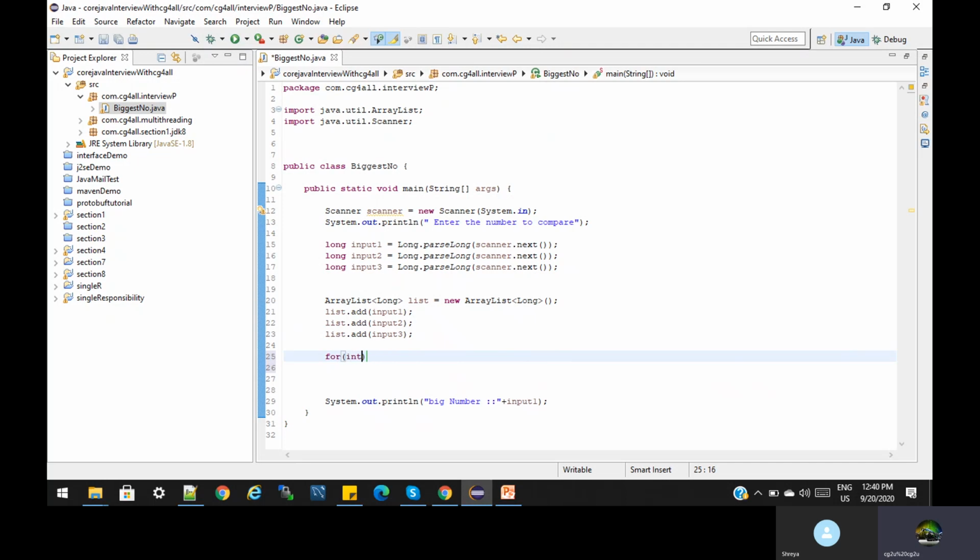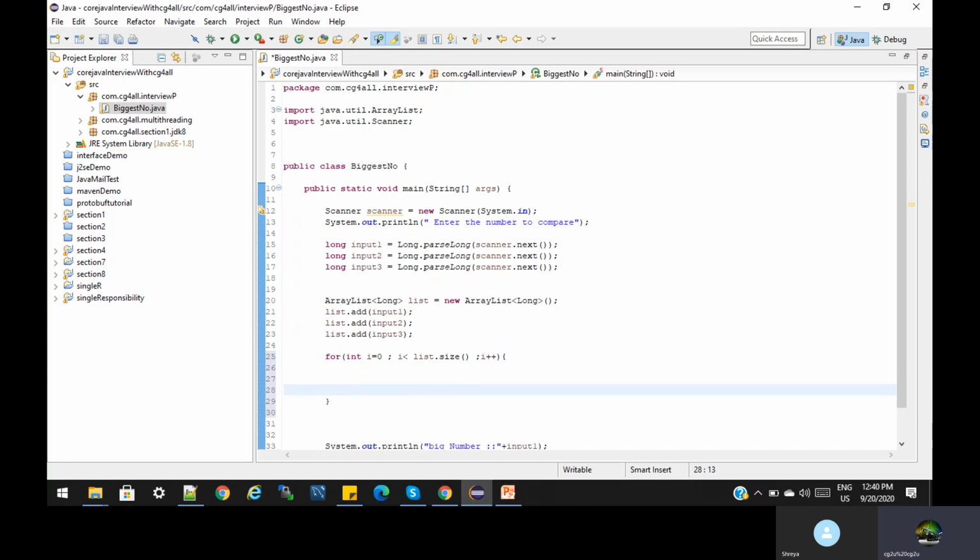for int i is equal to 0, i less than list dot size, i plus plus.